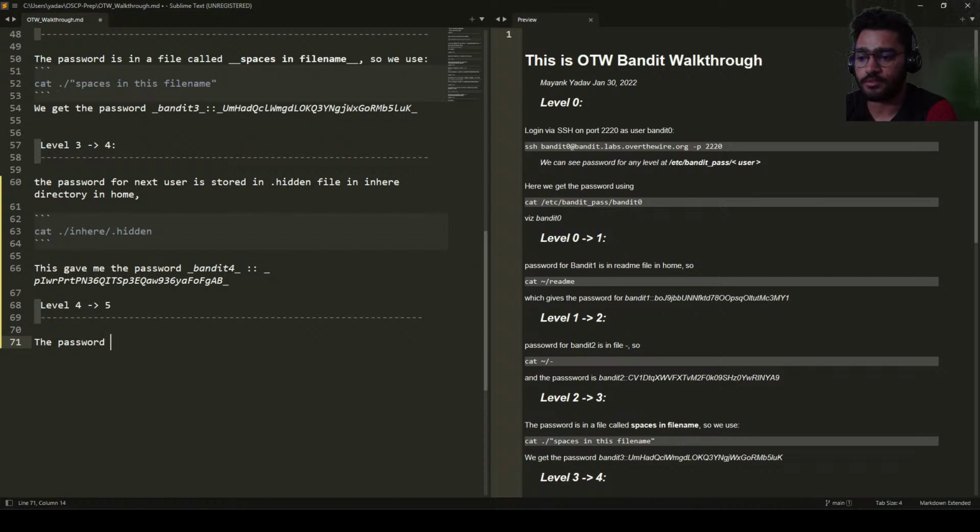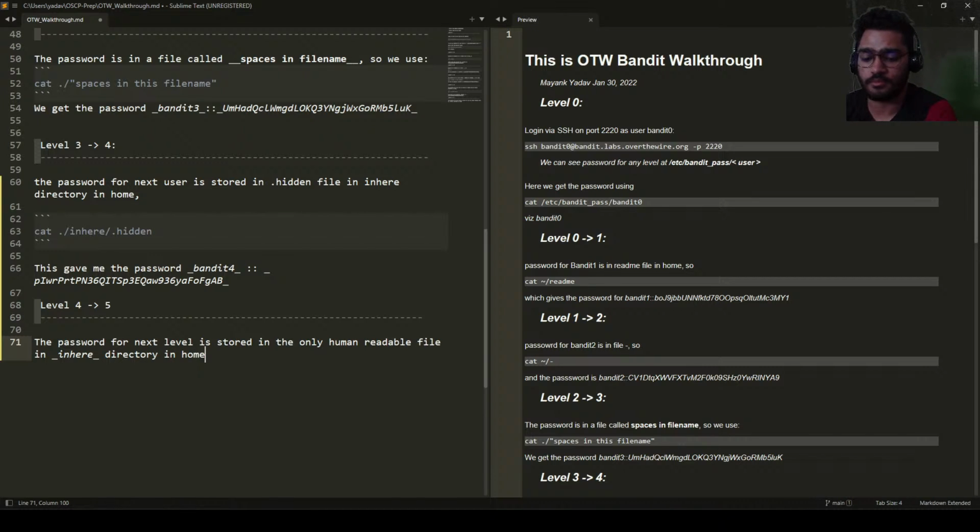The password for next level is stored in the only human readable file in inhere directory